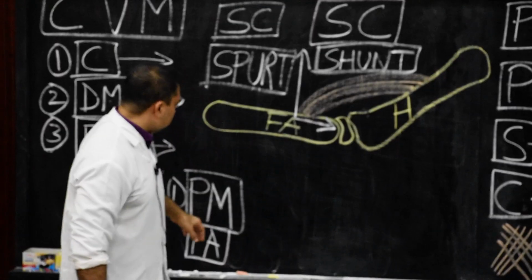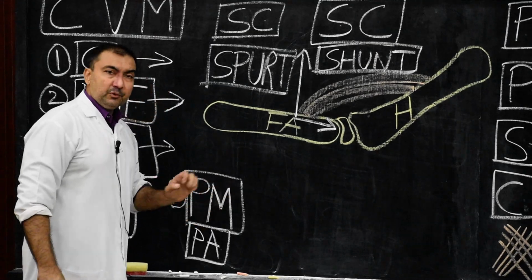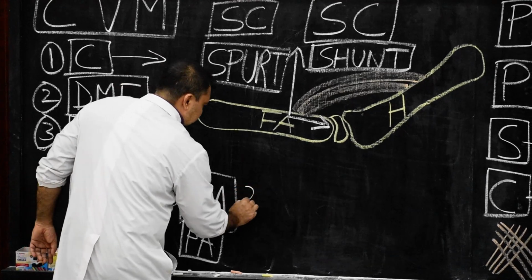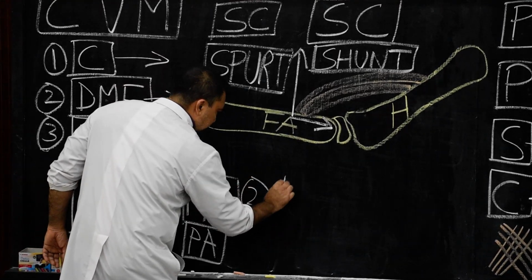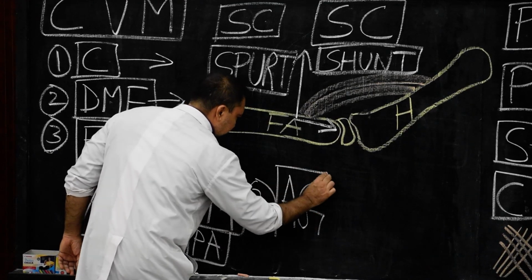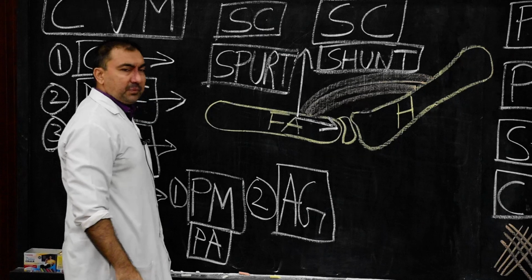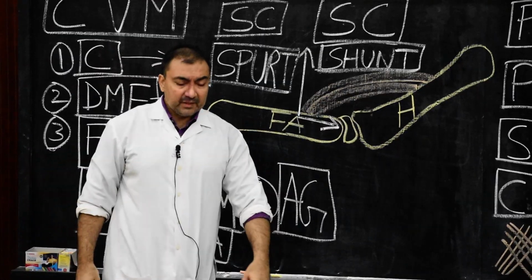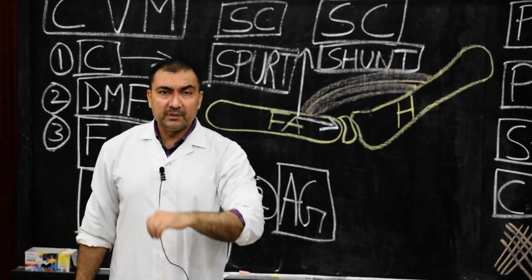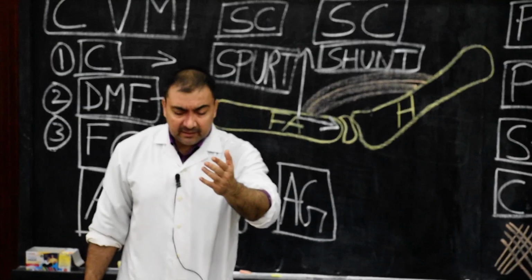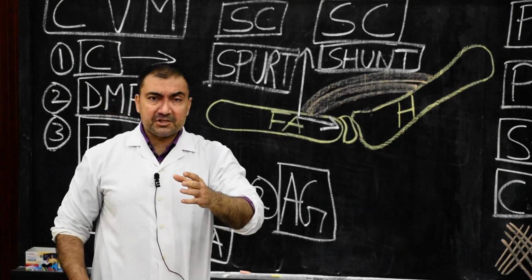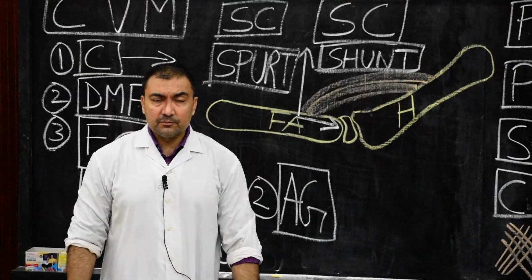So here we finish our first group, prime movers. Now, according to the action, the second group. Second group is known as antagonist. Antagonist muscles. Very simple. What are antagonist muscles? Definition. They are those group of muscles which will act against the prime movers, or they are those group of muscles which will act against the desired movement. So antagonist muscles will always function against the desired movement.